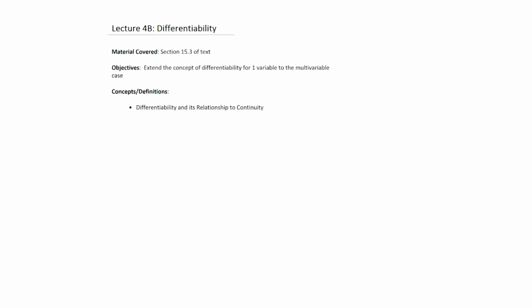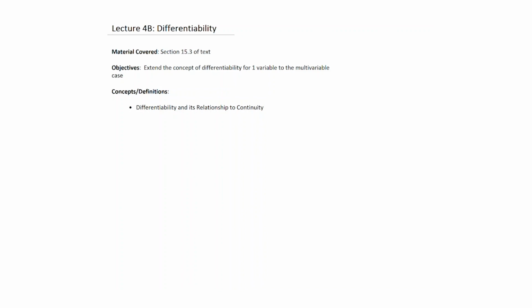So this is lecture 4B on differentiability. Welcome to this lecture. This basically tries to extend the knowledge about differentiability that you learned in first year calculus to the case of a multivariable problem. Again, we're going to be more or less dealing with two variables, but the extension to more than two variables should be relatively straightforward. The material for this lecture comes from section 15.3 of the text,